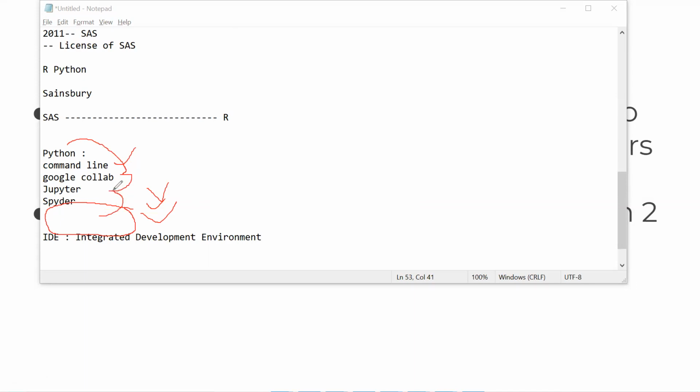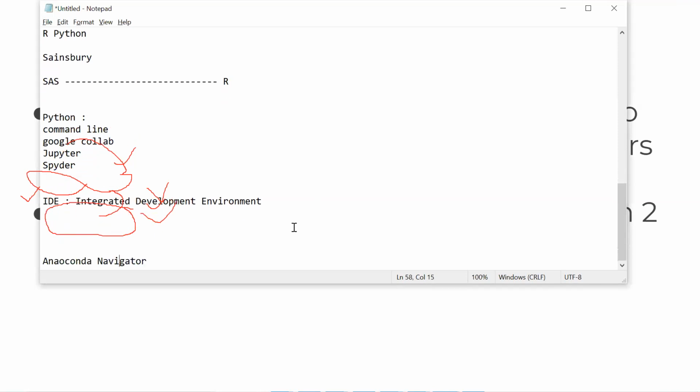So in this training session, we will be using Jupyter as our working environment, the development environment. And in most places, most of the companies also rely on Jupyter only. So that is why we will be learning to write the code in the Jupyter environment. Now, what was Anaconda that you installed?